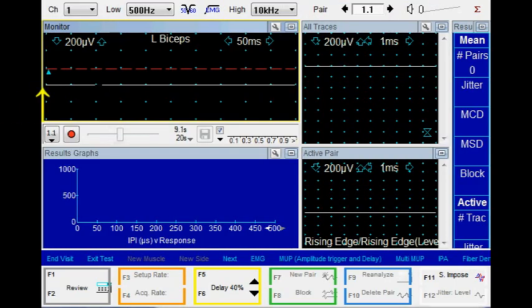As soon as we enter the program, you will notice that the signal has already started recording the data. The monitor trace is being drawn over here. I'm going to stop recording by pushing the switch button so that we can get familiar with the EMG screen